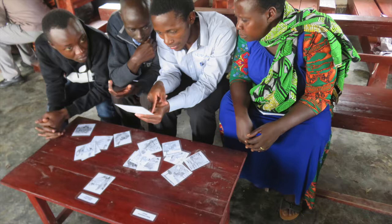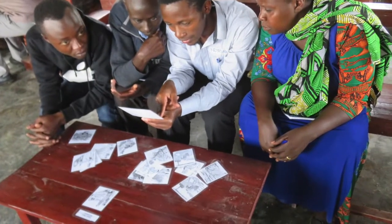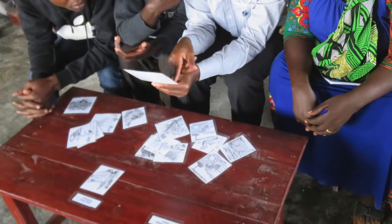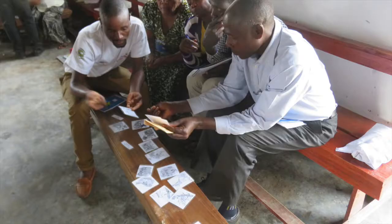The three-card sort is one of the first exercises done in our environmental workshop. It makes use of a set of 12 to 15 black and white drawings of local environmental issues, such as charcoal burning, deforestation, and overgrazing. In small groups, the participants discuss each card and then group the card into one of three categories: issues they can take action on now, issues they need first to sensitize the community about, and issues they need to obtain more information about in order to take action. When this is done, groups visit each other and question the results, further enlarging the amount of information available about